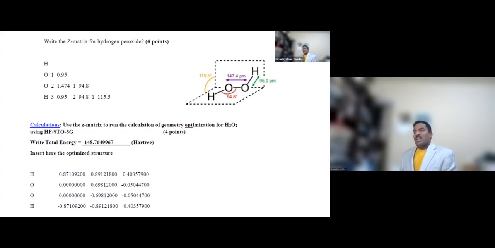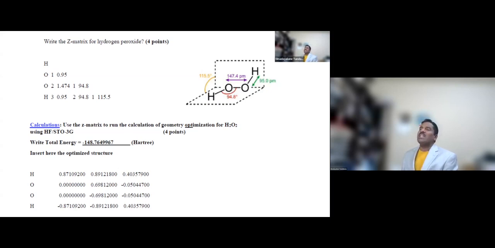Then after that, I give them the opportunity to enjoy drawing the structures, visualizing the molecules. And you can see there is more than one way to define the structure of these molecules. This is called the Z matrix, the one you're seeing at the bottom of the screen, the four lines, and this is called Cartesian coordinates, right? I ask the students, okay, prepare this input file. I usually teach some other structures, but for example,